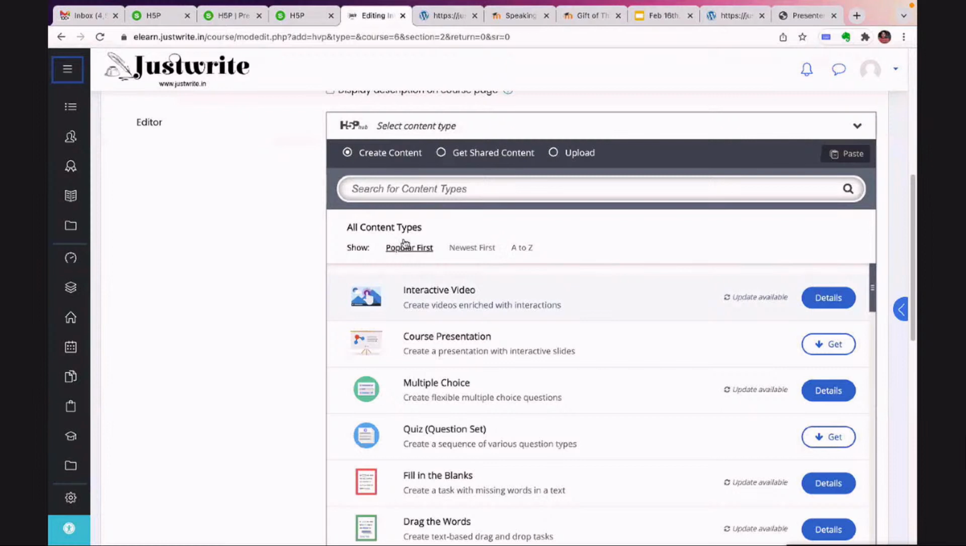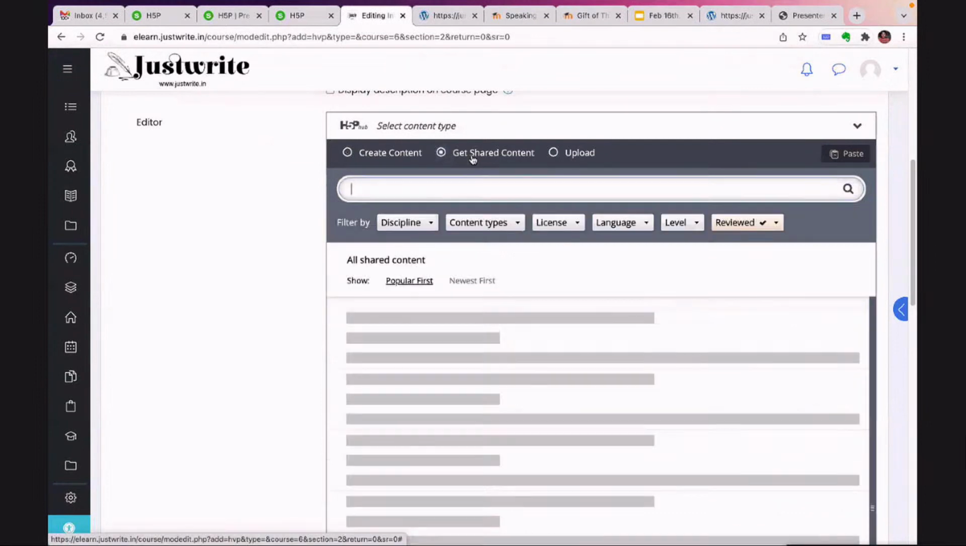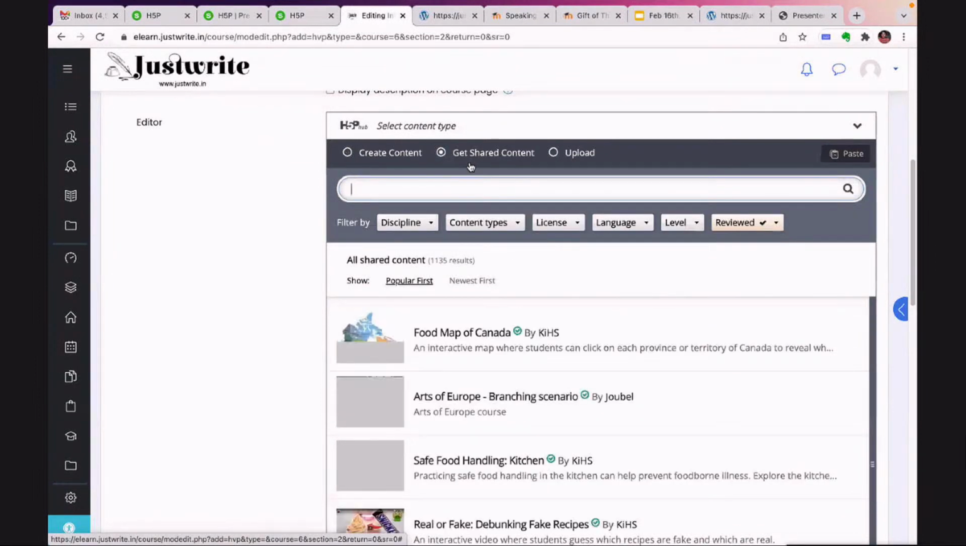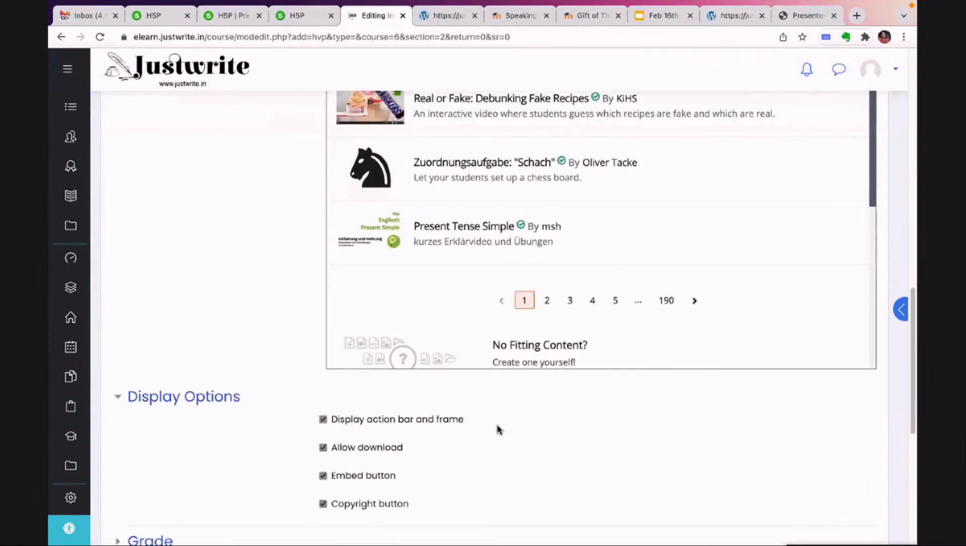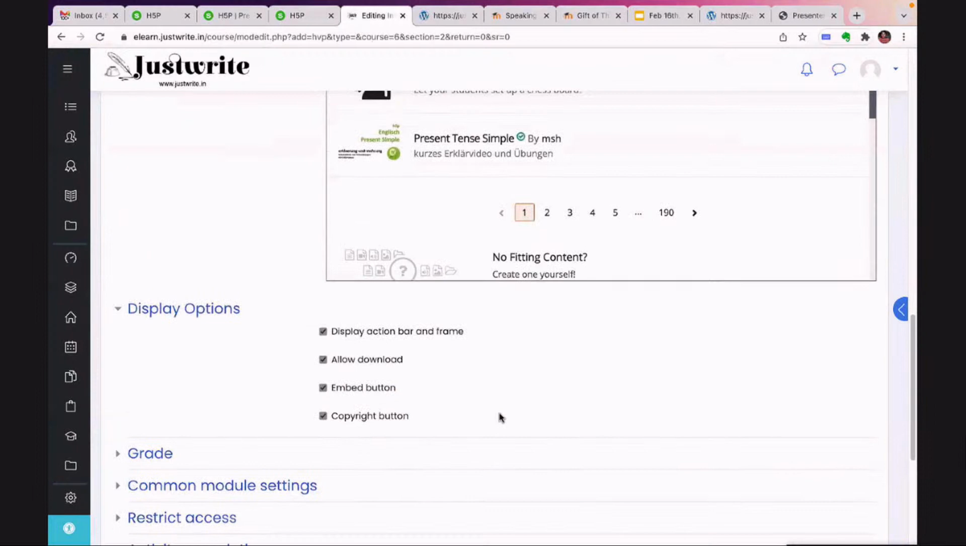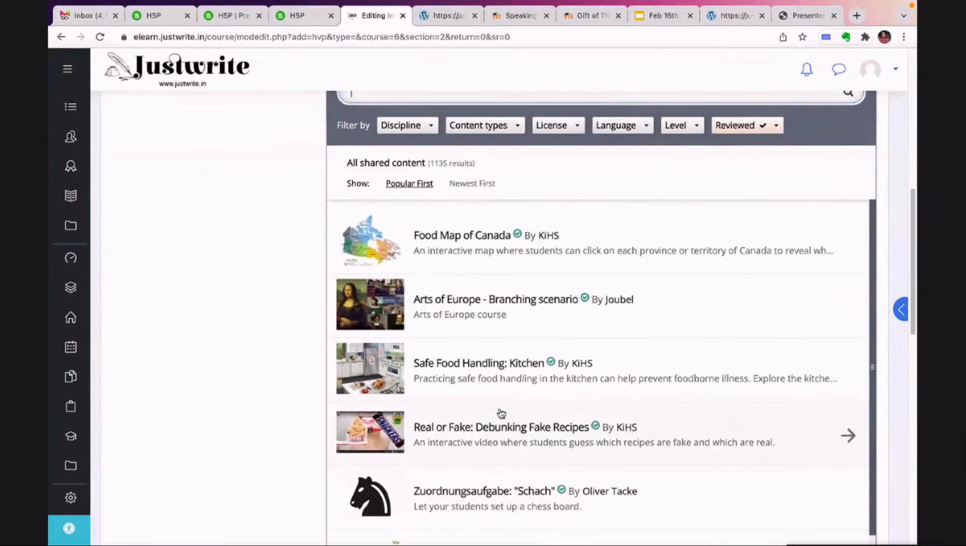For example, you see this. This is inside our learning management system. H5P authoring option is available here. Here there is an option, get shared content. And here you will see that various people around the world share the content with copyright licenses, open